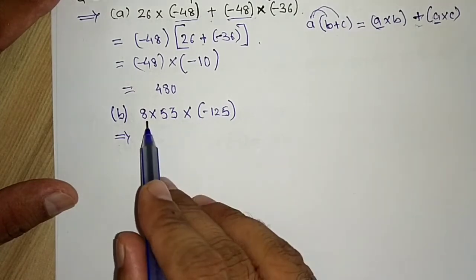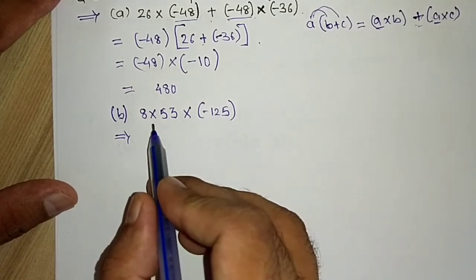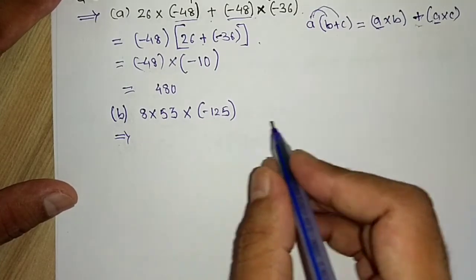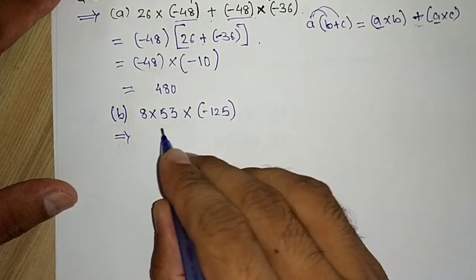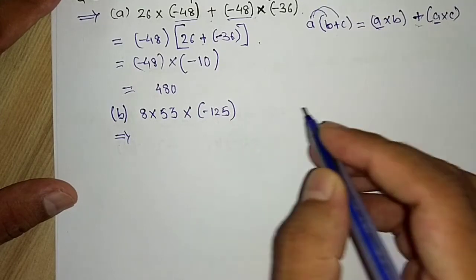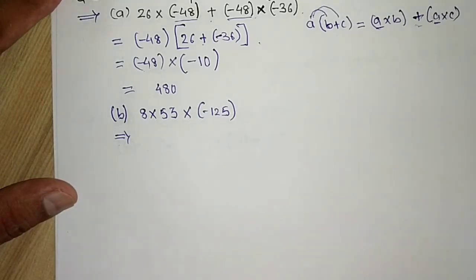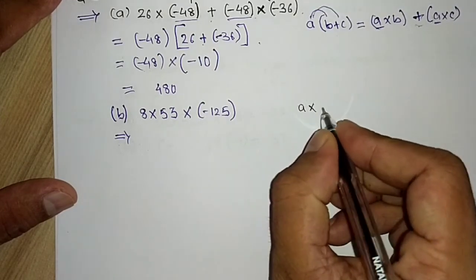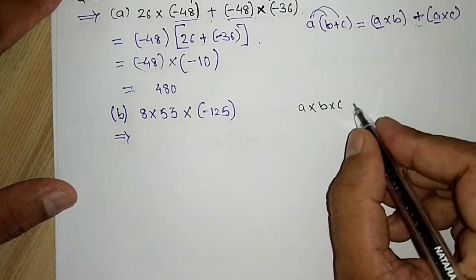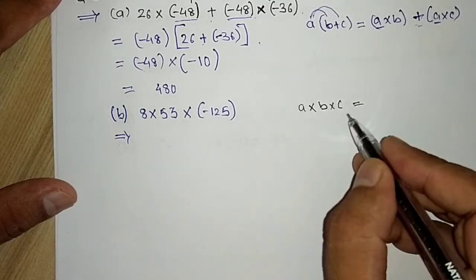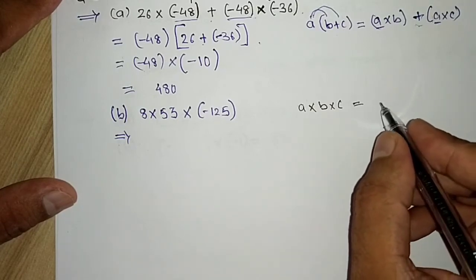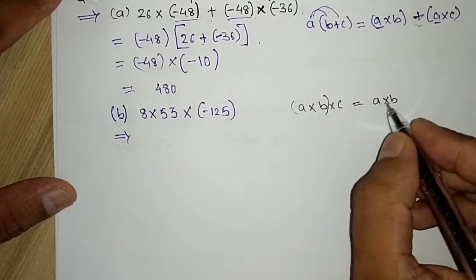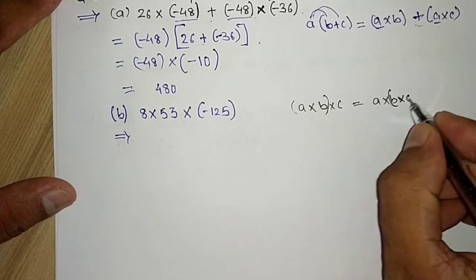Students, if you look at this question, you can see it is simply the multiplication of 3 numbers. So I can arrange this question and then use the associative property. You know the associative property, students. Let me show you. Associative property says if it is A multiplied by B multiplied by C, you can group any 2 numbers and then multiply the third number. So if you are grouping A into B, you can group B into C on that side.